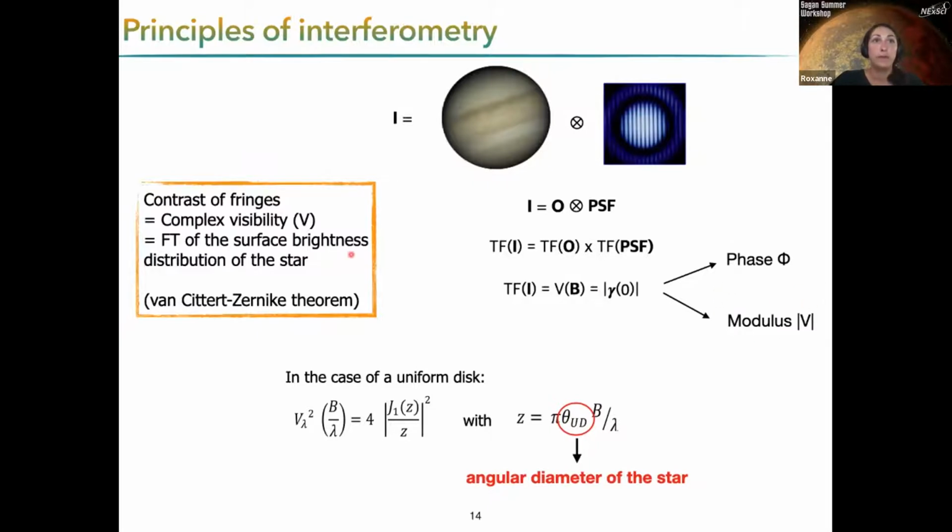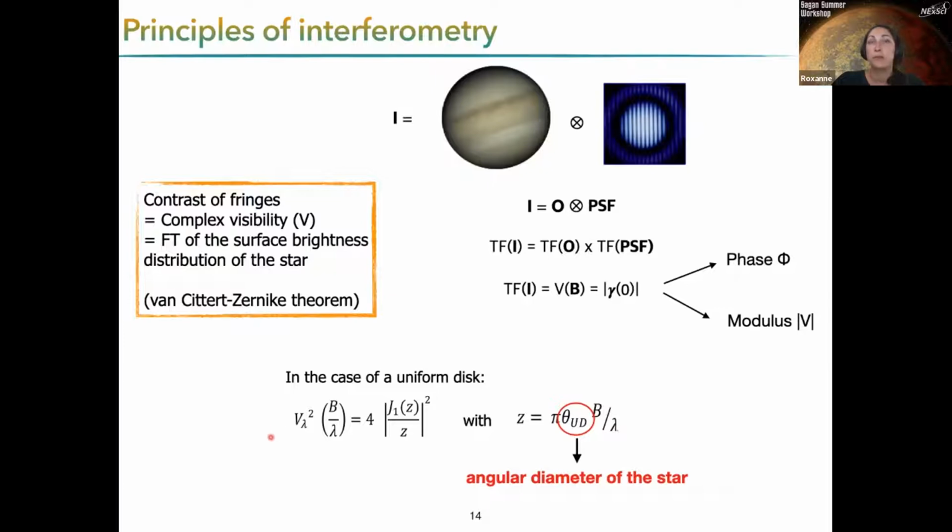And the van Cittert-Zernike theorem says that the contrast of your fringes that you get when you do interferometry equals this complex visibility and is the Fourier transform of the surface brightness distribution of the star. So when you measure the contrast of the fringes, you have information about the size of the object that you are watching. And actually, in the case of a uniform disk, if you consider that your star is just a uniform disk,